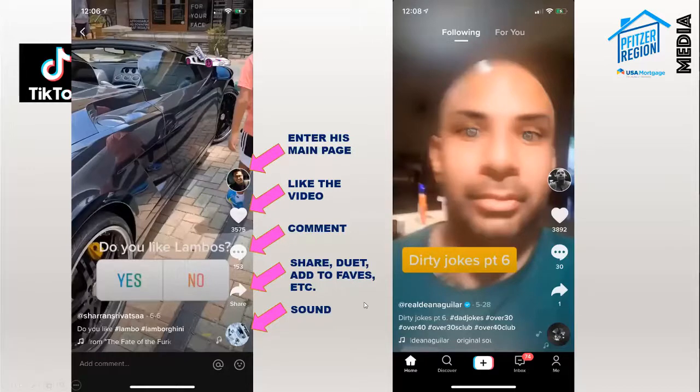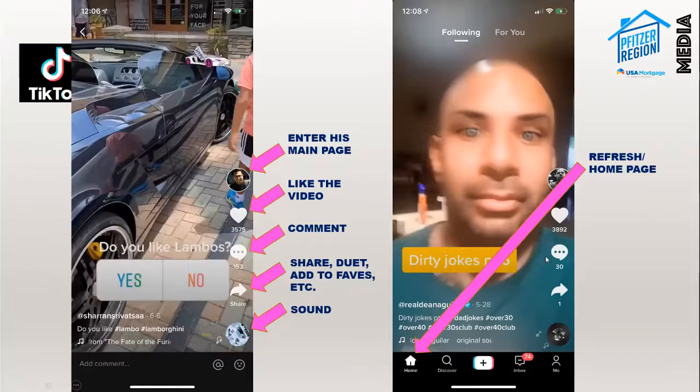So the next screen here, this is Dean Aguilar. And so this is going to show you a different set of buttons. And now this is a page where you would potentially create a TikTok. So at the bottom there, you see the little house. It's your home button. If you click that, you're just going to refresh your page. It's going to take you back to the top, and it's just going to refresh it. That's all there is to it.